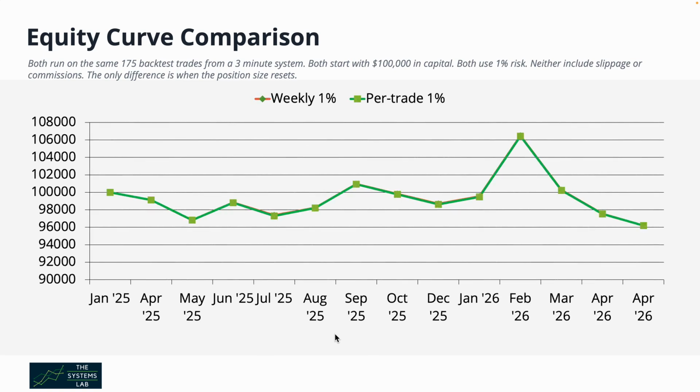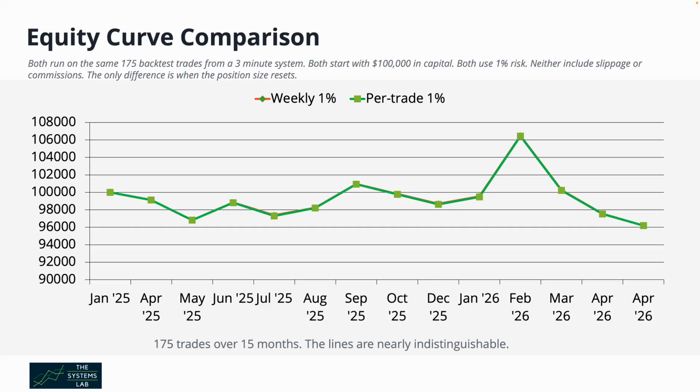And when we look at the equity curves, we see that they are nearly indistinguishable. There are actually 2 lines on this chart, but they are right on top of each other. So the weekly method and the per trade method line up pretty much exactly. And we chose this period because there's a little bit of everything. There's some flat, there's some up, there's some down, there's some up, there's some more down. And we wanted to make sure that we had a representative sample of different phases of the equity curve moving